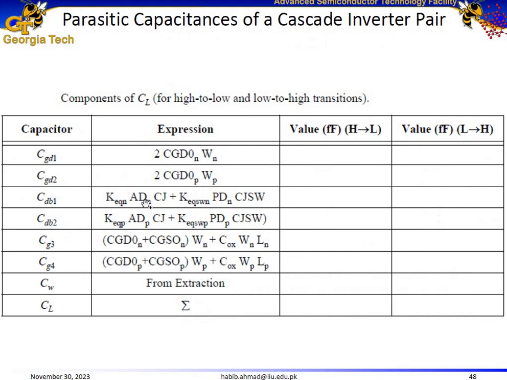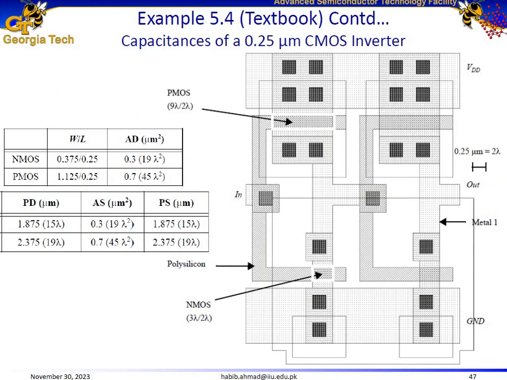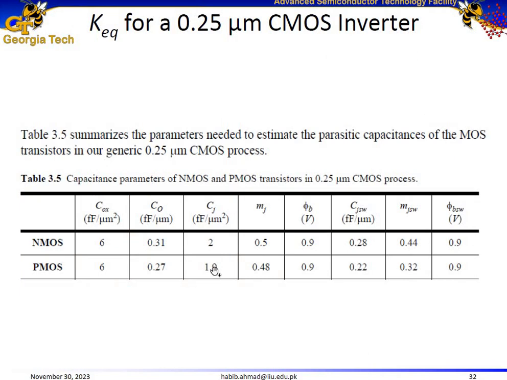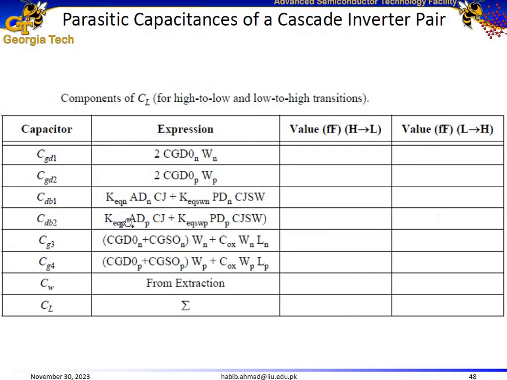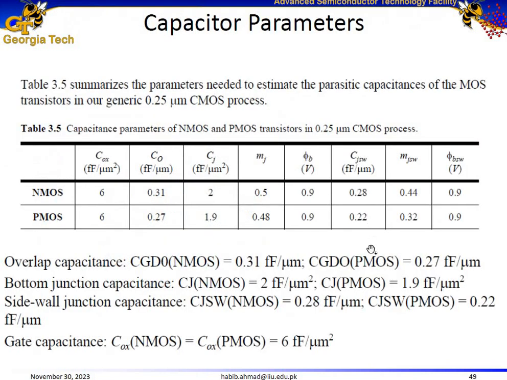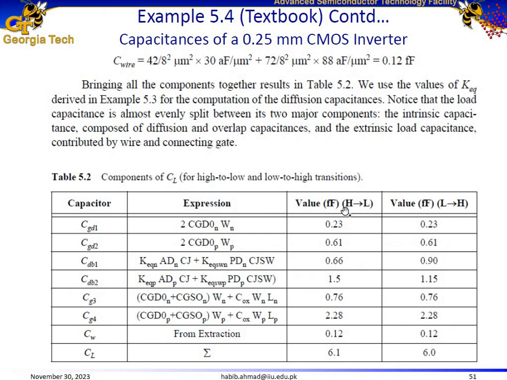Now that we know the areas of the drains of the NMOS and the PMOS and also the perimeters of the drains of the NMOS and PMOS, the rest of the values you can pick from the table given in slide number 32, from this table over here. And the K equivalent values are already given in the previous slides. So put in all values, and you can calculate all the associated capacitances for the high to low and low to high transitions. So this is the total high to low transition capacitance, and this is the total low to high